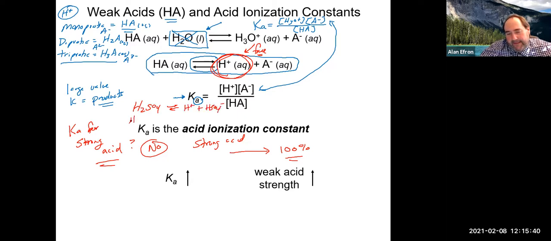And really, for the most part, the second H that comes off is really weak. This part is really considered more of a strong acid heading in one direction. But when you get this guy involved here, the HSO4 minus, it does behave more like a weak acid. So out of all the strong acids, that's probably the only one that you'll ever see maybe even listed on